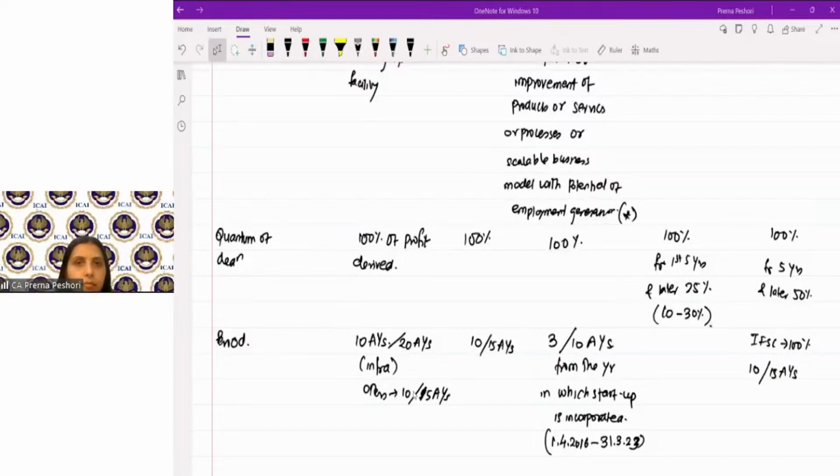Okay. In case of 80IA, there the deduction is available, as I said, in case of the infra project, for 20 years. And in case of the others, it is available for the 10 AYs commencing at any time from where the particular business starts. Clear? In which the undertaking begins to develop or operate the infrastructure project. And for the infrastructure, it is 10 out of 20 AYs, in which the undertaking develops or begins the eligible business. Clear?